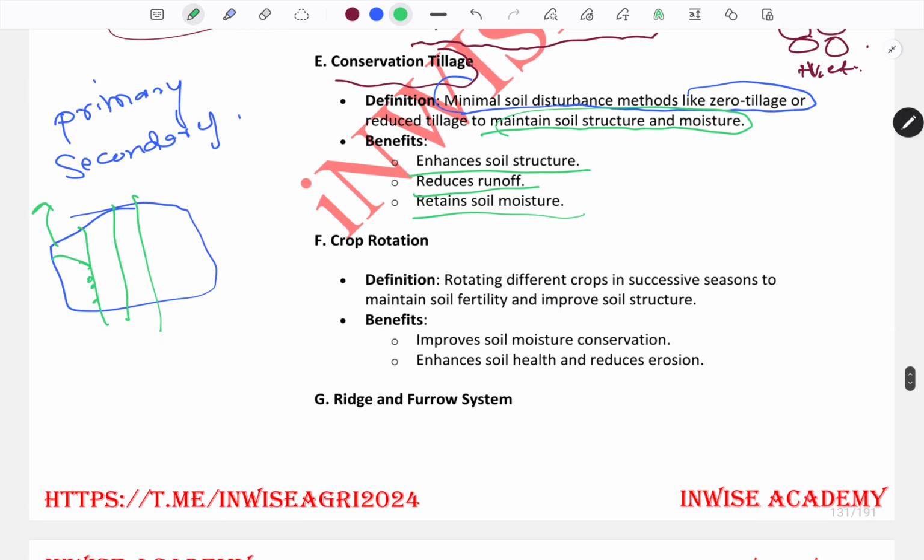Then we have crop rotation. The best practice which the farmer can adopt is crop rotation, that is, alternately rotating the crops. In the first year he can go for a crop such as maize, which is a cereal crop. Then in the second year, or at least a second season,